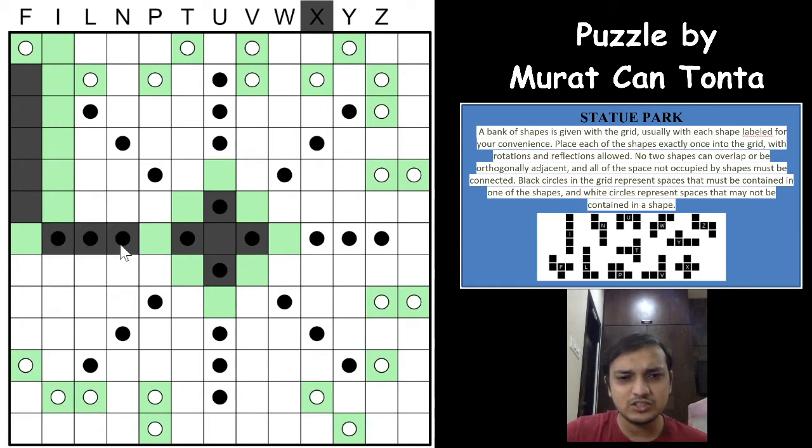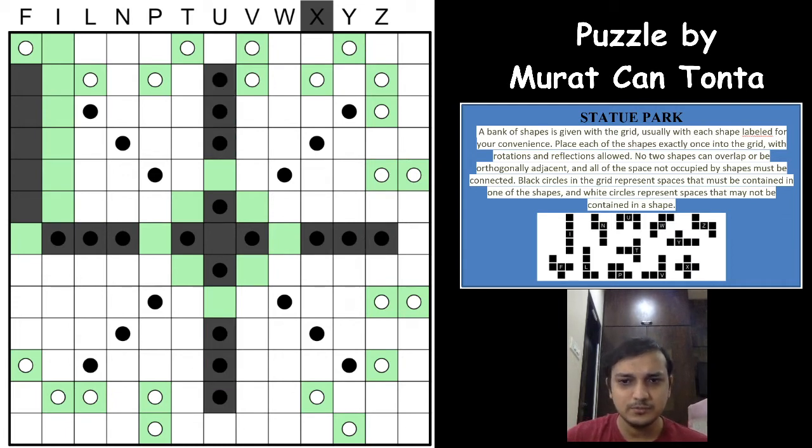And these are already touching, so we can mark this way, right? We can mark this way. And now we know that this is a single pentomino. This will be the second, third, fourth, fifth, sixth, seventh, eighth, ninth, tenth, which means 2 more pentominos will come, and it can even be in such a way that out of these 3 cells, 2 cells will be of one pentomino and 1 cell will be of the other pentomino. We're not sure of it, right?